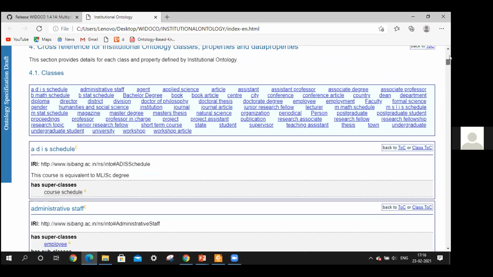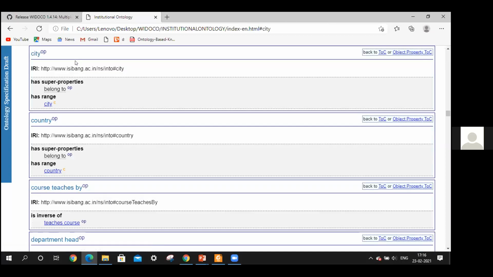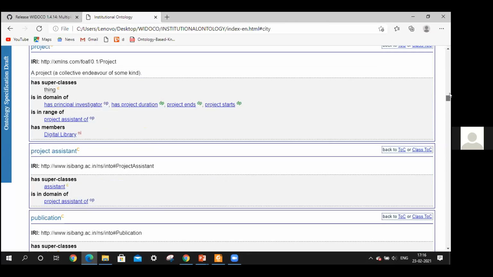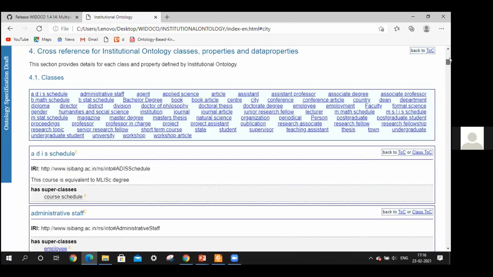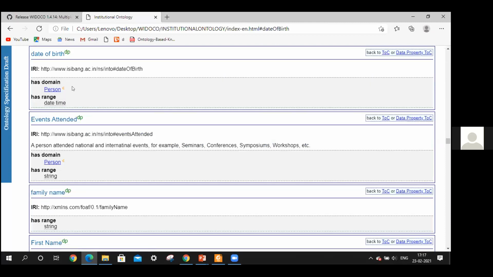A little up there. Yeah. So this is from object property, city. It has range city and an IRI also. And we'll show a data property too. For example, date of birth has domain person and has range date time. So it is another data property.